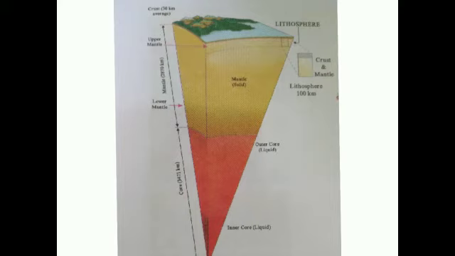This is the yellow layer. This yellow layer is known as the mantle. So what is this mantle? Mantle lies below the crust. It can be divided into two layers, upper mantle and lower mantle. The upper mantle is in a liquid state and the lower mantle is in solid form. One finds magma chambers in the upper mantle.